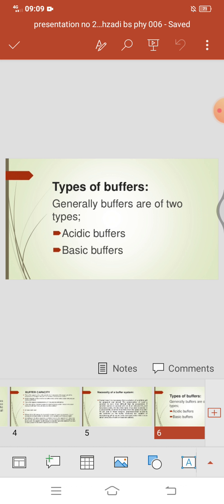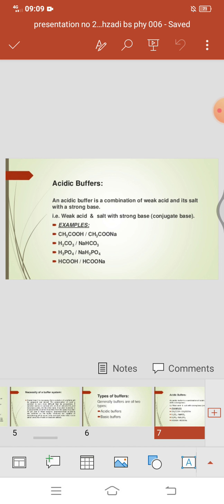What are the types of buffers? Generally, buffers are of two types: acidic buffers and basic buffers. What are acidic buffers? An acidic buffer is a combination of a weak acid and its salt with a strong base. That is, a weak acid and its salt with a strong base, which is the conjugate base. For example,